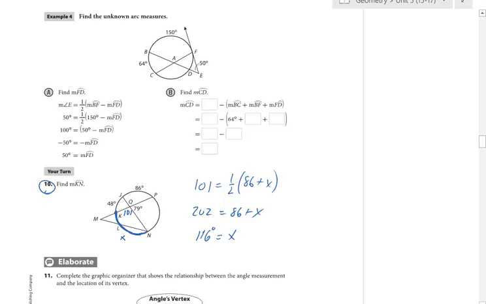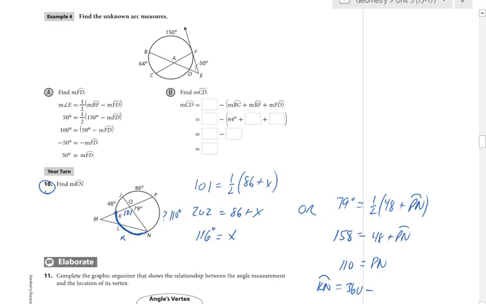I think what a lot of you did is you found this arc first, and then subtracted from 360, and that's fine also. So to do it that way, you would say 79 degrees is half the sum of 48 and arc PN. And so then you get 158 equals 48 plus PN. And so then PN would be 110. And so if that's 110, then you could say arc KN